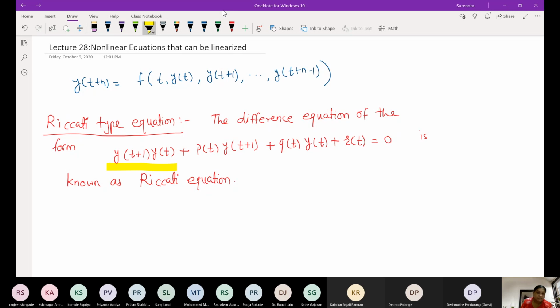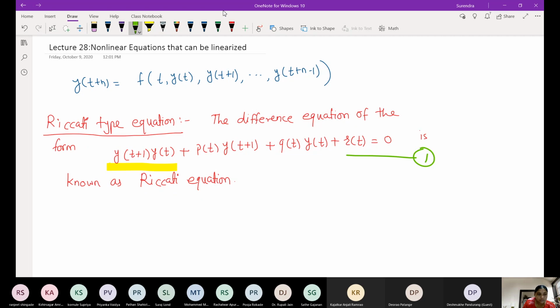So this type of non-linear equation is called a Riccati type of equation, and we can solve it by linearizing. By substitution, if we use some type of substitution, we can linearize this, and then we can find its solution by our previous methods. So consider this, give this number, equation 1.